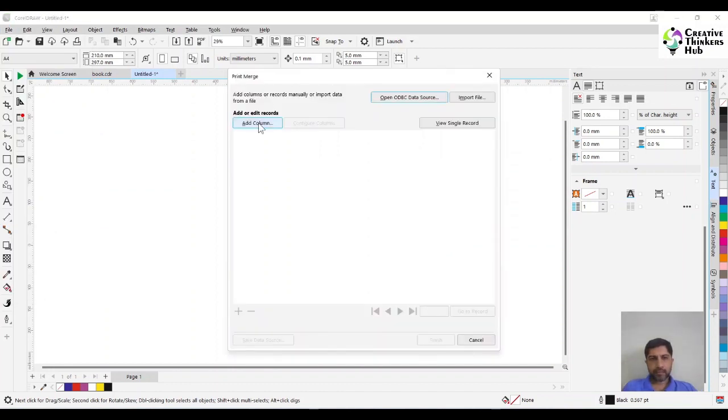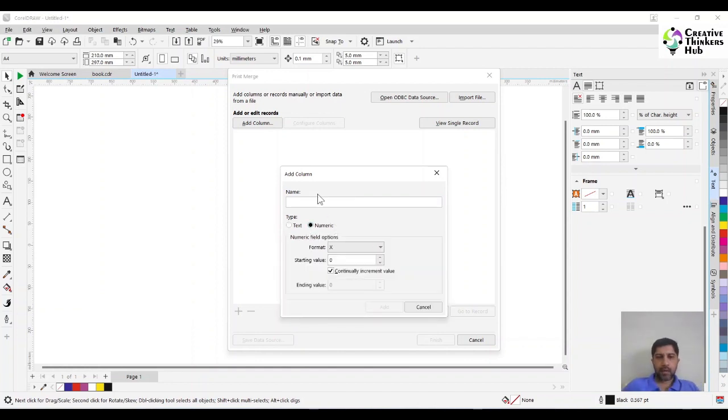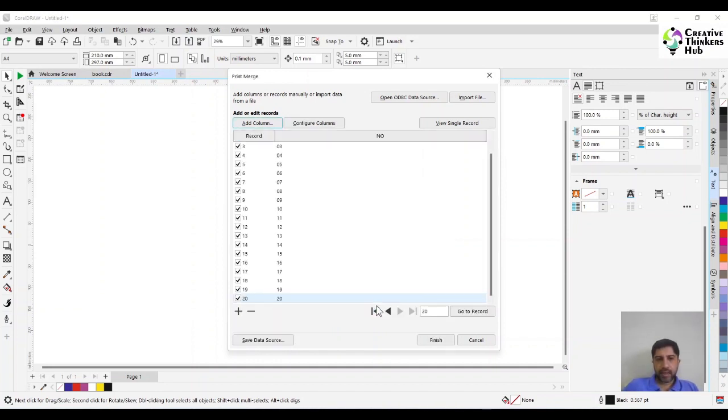This is what I get. You add a column name, let it be numeric, okay. Let's say we keep this number and we give it a format. I want 50 labels. So if you want 100, come here, 1000, 10,000 and so on and so forth. So how many labels you want comes from here, right? So this is it. Starting value is from 1. Continually increasing value, yes, I want 50. Okay, and let's say, let's not keep 50, let's keep 20. Okay, and say add. So they are all added, 1, 2, 3, 4, can you see till 20, and say